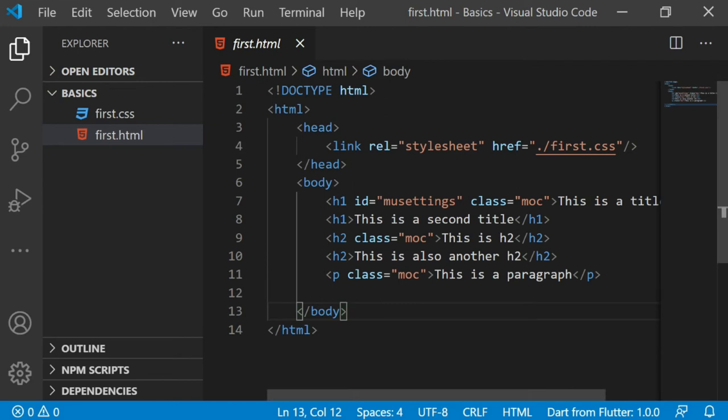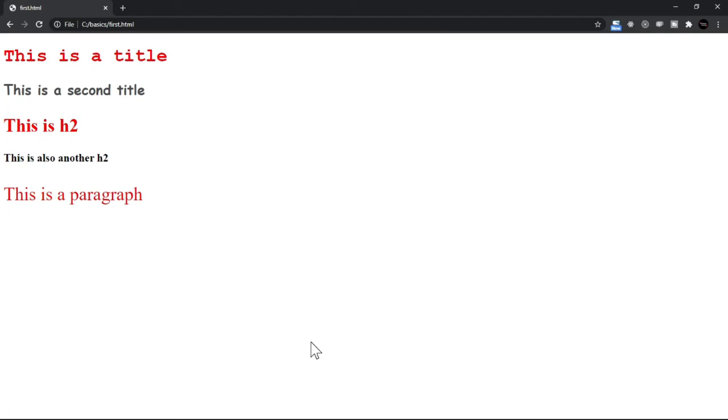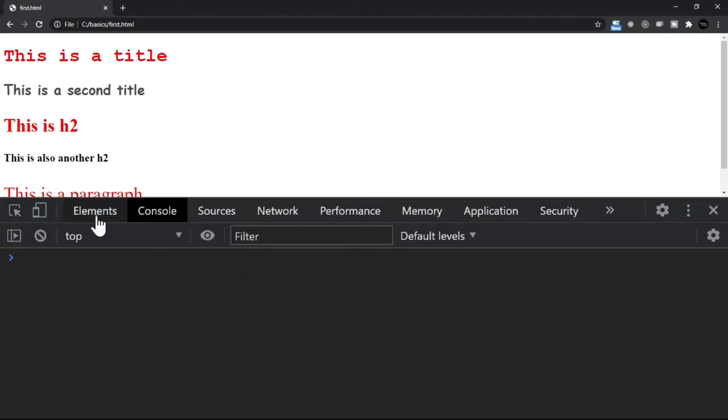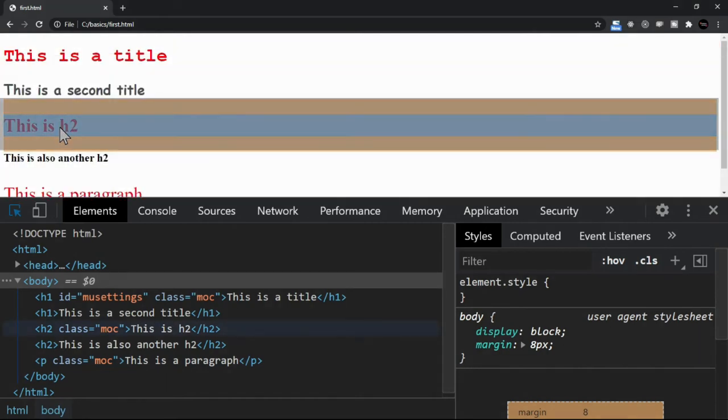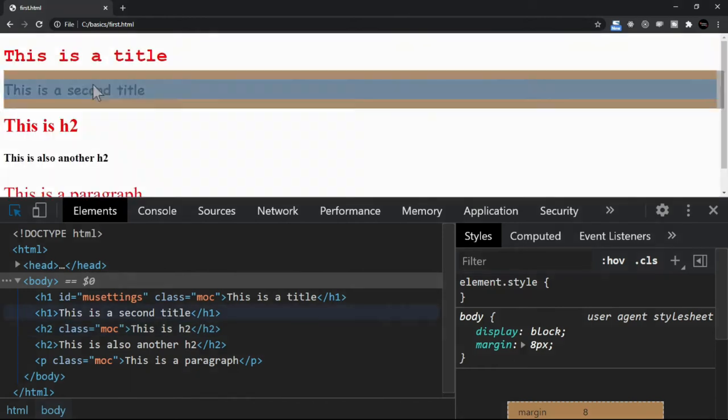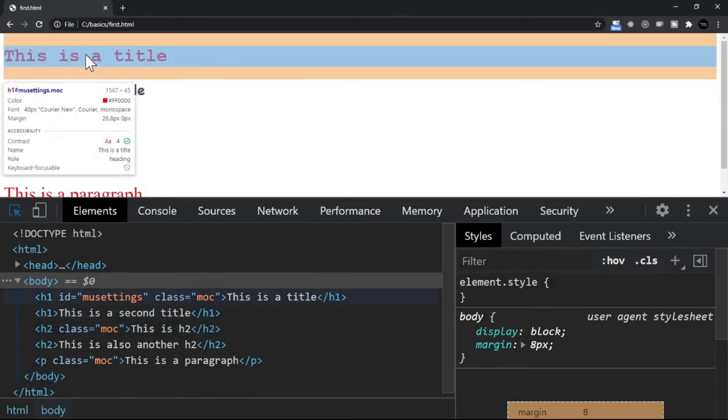Now let's go to the browser. Here I am opening the developer tool and clicking on inspect element. Now if I roll the mouse over, you obviously see that some area is highlighted. You can say that this is a box which is appearing. This element, there is a box. This element, there is a box. Let me click this element now.